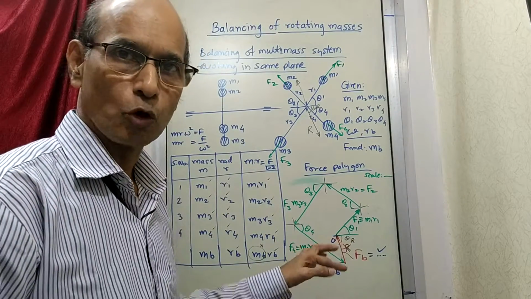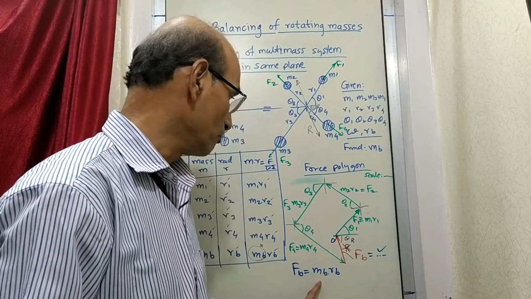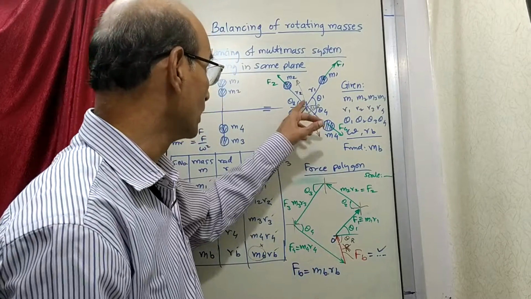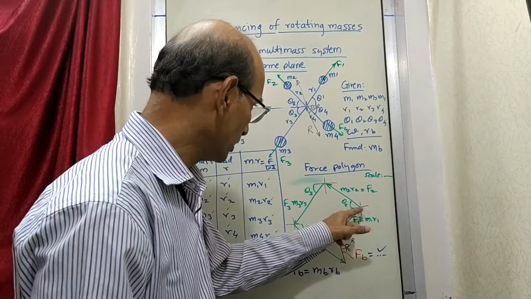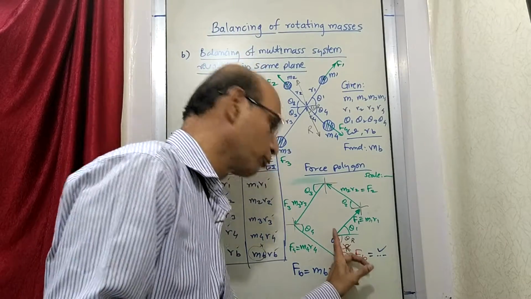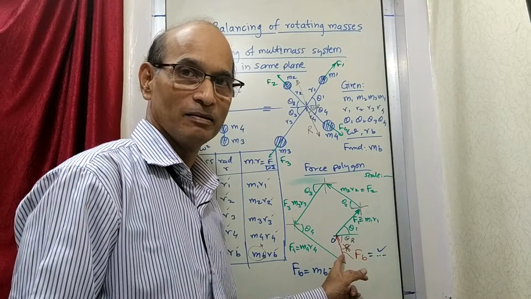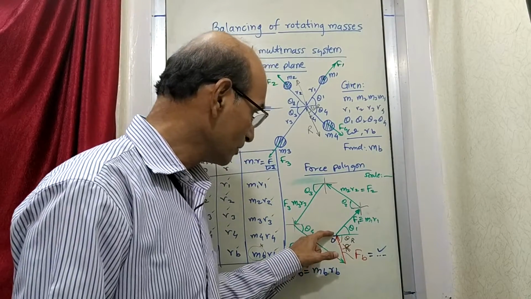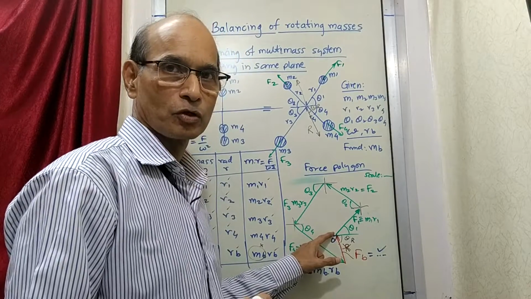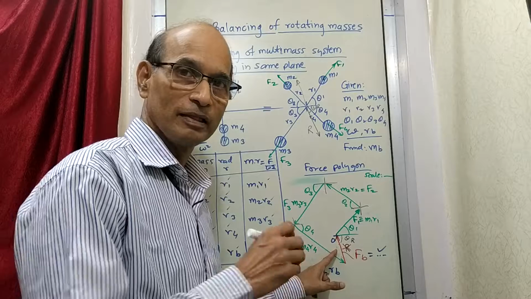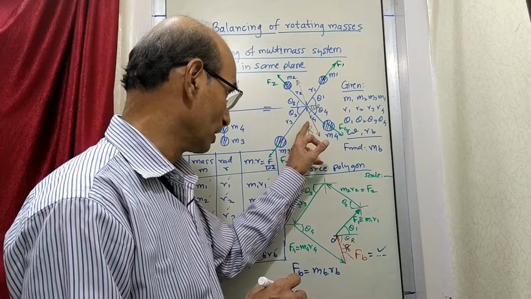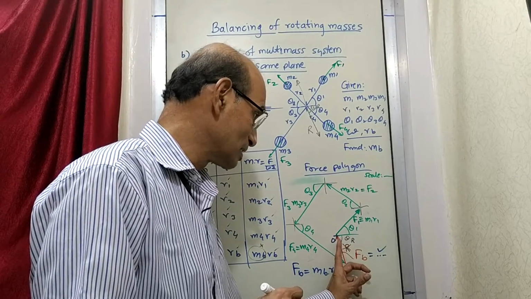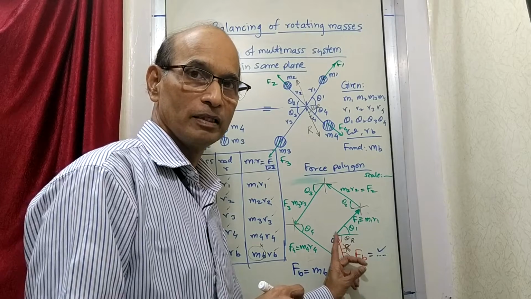So now what it shows is that there is a mass MB at a distance RB, so that it will create a force FB, and now the system is under the action of 5 forces, F1, F2, F3, F4, and this is the 5th force. So when all these 5 forces are added, what is the resultant of 5 forces? When you consider this also, the resultant is 0 because it is touching the starting point. So the net resultant, if this force is also there, is 0. So the R we have shown earlier will vanish, it will be 0 because of this force. So we are now putting a balance mass at this particular angle so that it will balance the system.